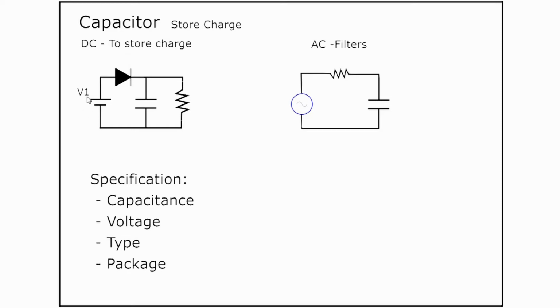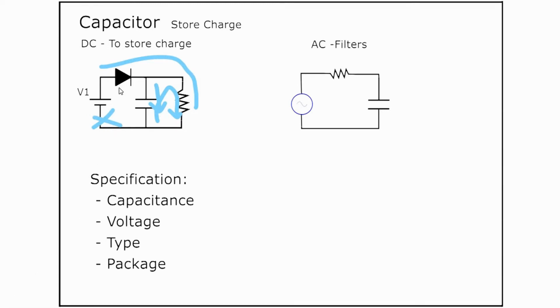Let's assume V1 is a source which is fluctuating, or it comes on and goes off, but you want to supply current continuously to the load. So what we will do is use a capacitor. When V1 is there, it will give supply to the load and also charge the capacitor. When V1 goes off, whatever charge is stored in this capacitor will be given to the resistor. So continuously we will be able to provide charge to the load. Let us simulate and see how this works.